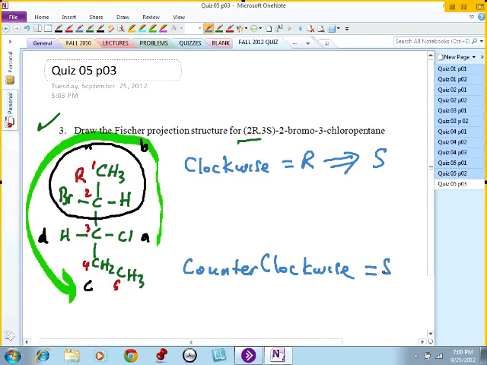Which is supposed to be S. However, what is the caveat here? The group of lowest priority is coming at you, so we have to switch. So therefore, this will actually be